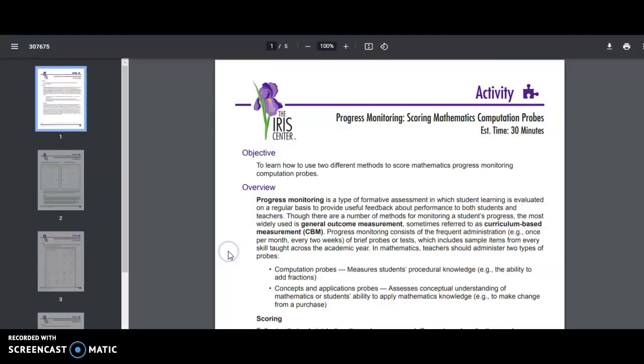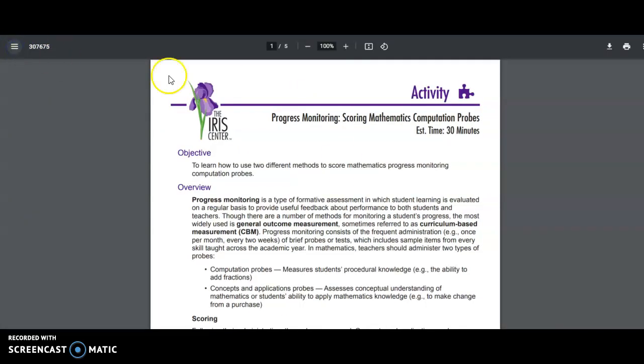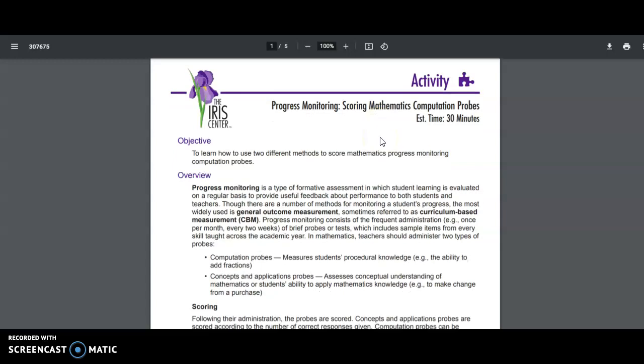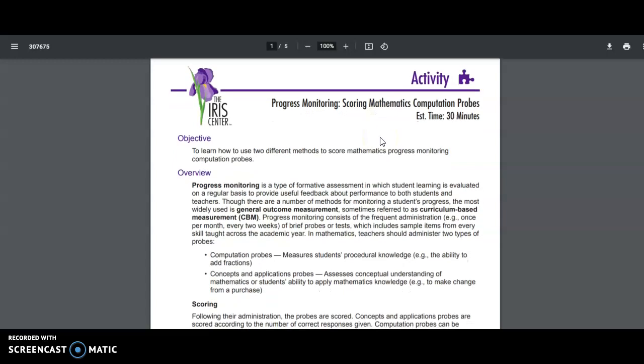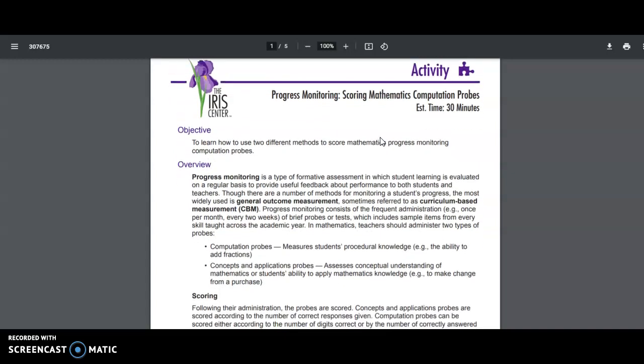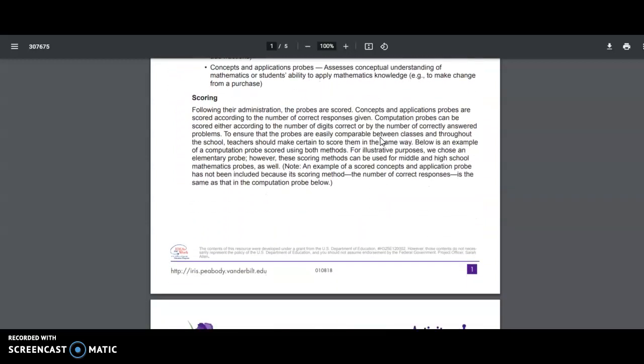So this is also part of, oh yay, this one's not upside down. I don't know how to get rid of this over here though, y'all. Oh, look at that. All right, so this is from the Iris Center as well, and it goes along with that module that you will work through. I would work through the module first. That's why it's part 1. This is part 2. So you're going to just read through this.